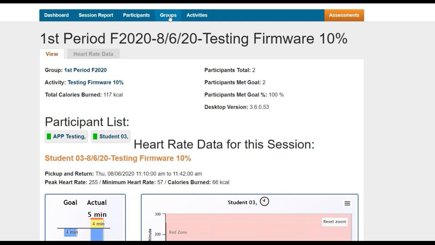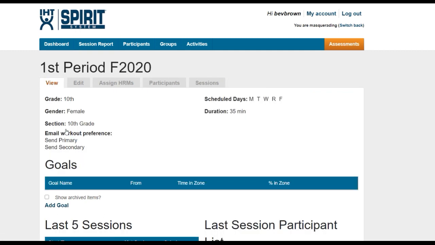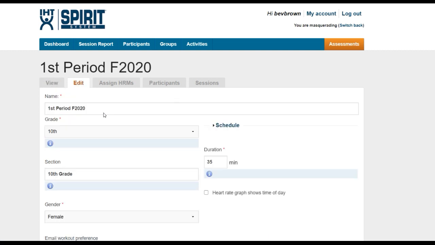If I go into Groups and I click on Groups, it's going to list all of my class periods or all of my groups that I'm using. I am going to go into this first period class and use that as an example. If I click on the second grade tab, which is Edit, underneath the duration time, there is heart rate graph, shows time of day. If there is not a check mark in there, then the default for those reports are